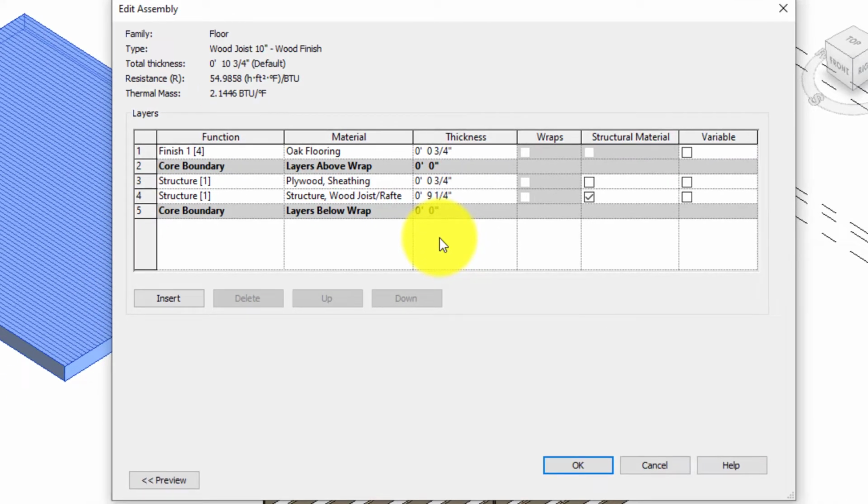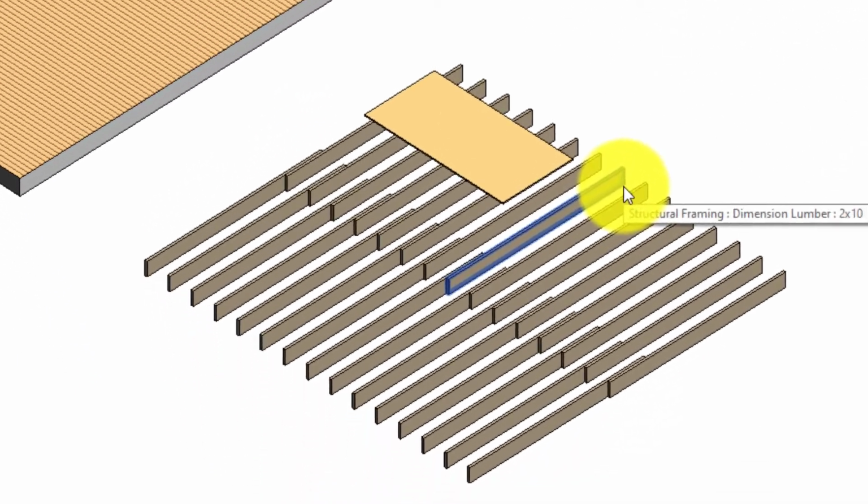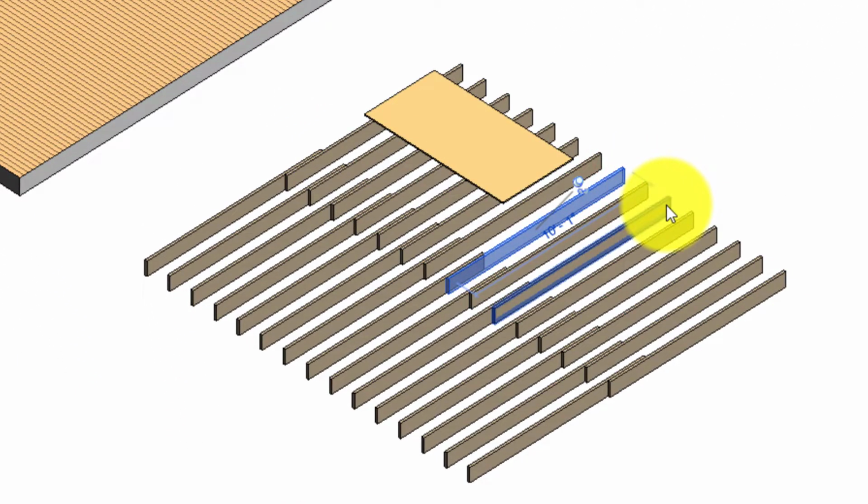I may or may not want all of those components. I could edit this, create something different, whatever. I'm going to click OK. But when it creates that floor, it just creates this big box, and it says, okay, all these things are included in that box. The other floor on the right, the lower right, that's actually made up of individual joists